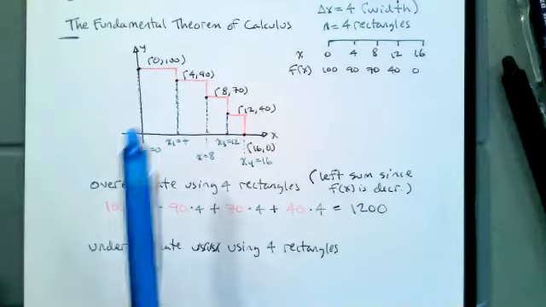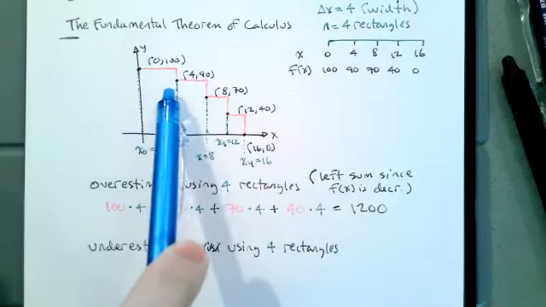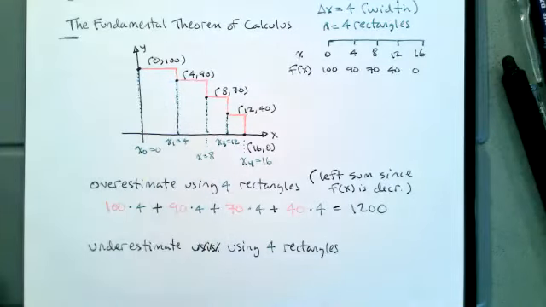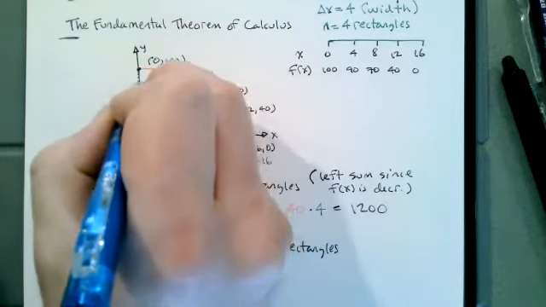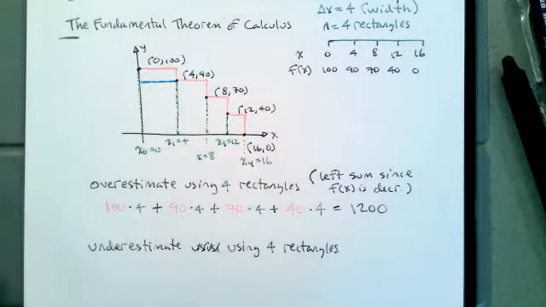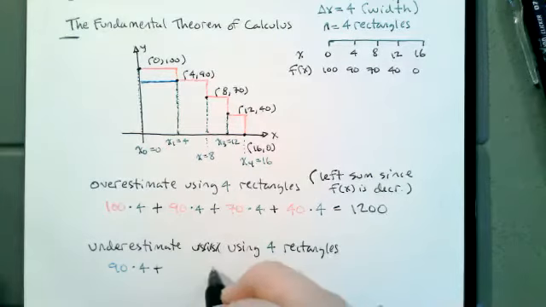Now I'm going to take this first rectangle, and instead of using the 100, I'm going to drop down to the 90. I'm going to say, well, this is the lowest value that I see on this interval, and I'm going for an underestimate. So I'm going to say this is the value. I'm going to make the thing constant. And so that is going to be the height of the function. So I'm going to use 90 times 4. And then I'm going to have, still looking for